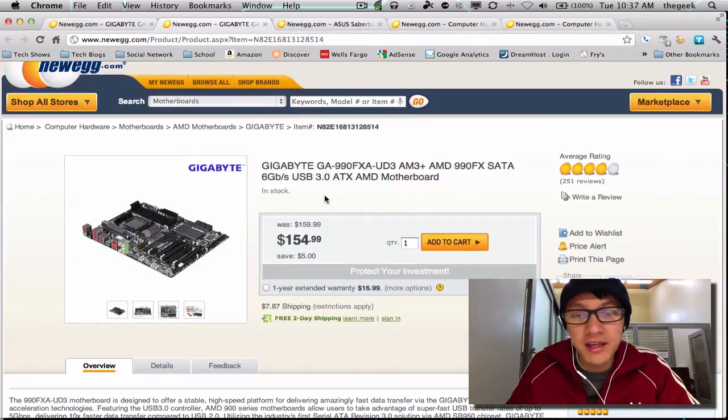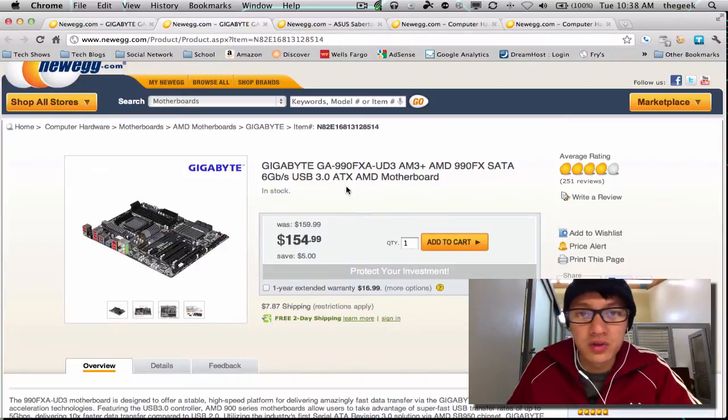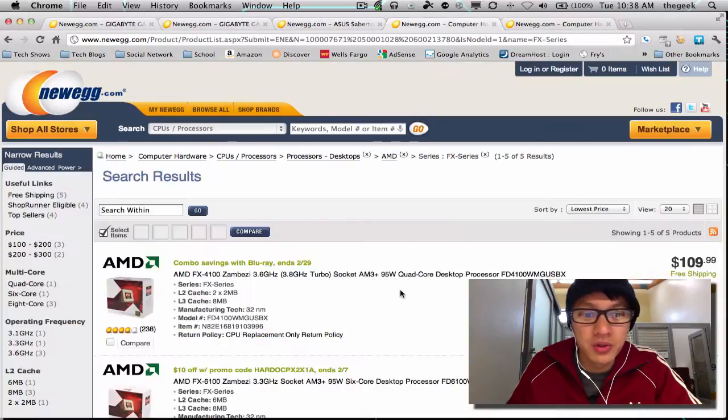And this is the AM3 Plus socket, right? So most likely you'll get a motherboard that's going to be AM3 and AM3 Plus compatible, but it won't be AM2 or AM2 Plus compatible. There's some motherboards that are AM2 Plus and AM3 compatible, but most likely not compatible with AM3 Plus. Again, this is for those of you who are going to build a new system, and if you get this coupled with the new Bulldozer